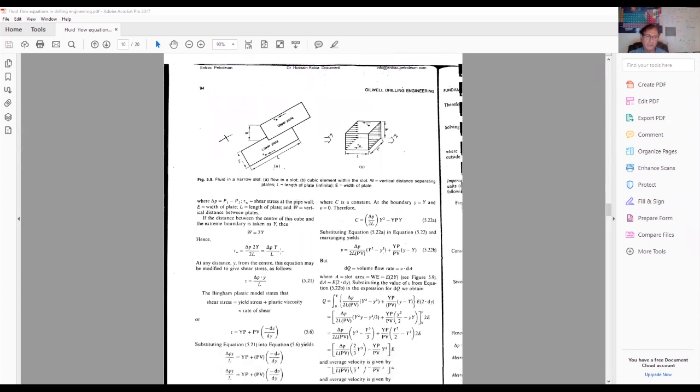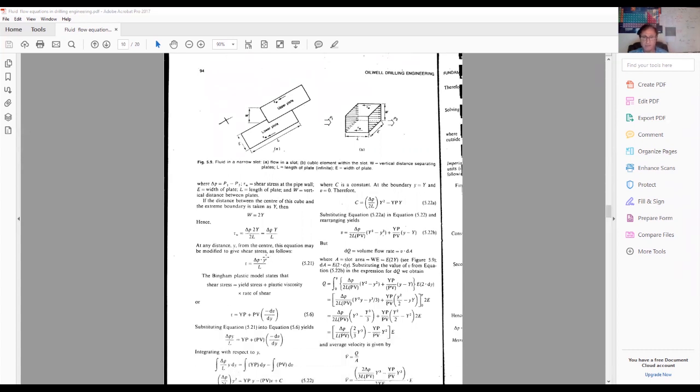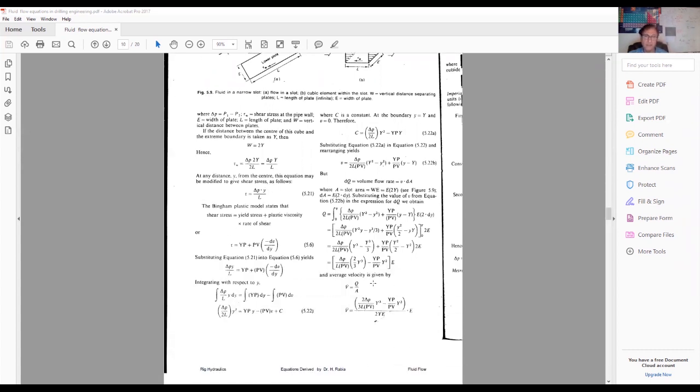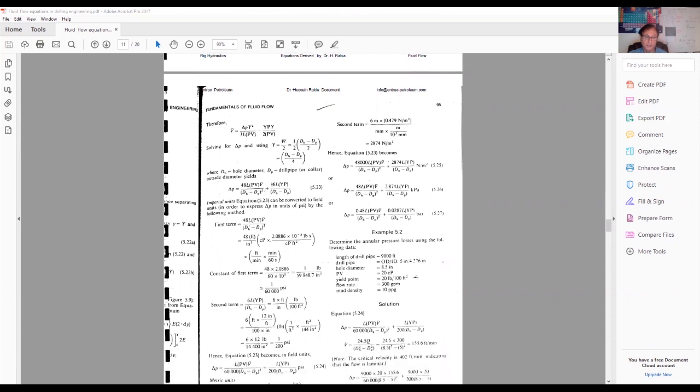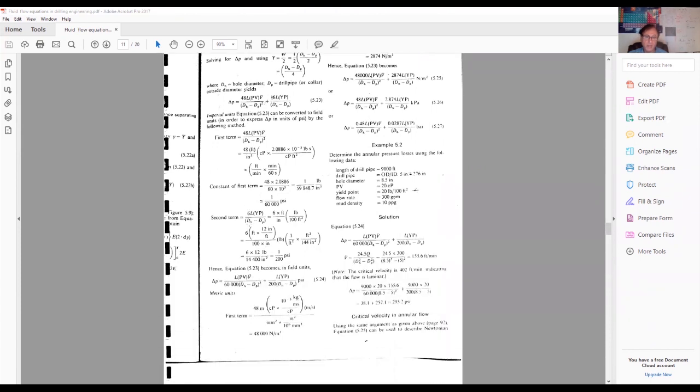And if you continue with the same method as before, with the derivation and a little bit of integration, eventually you come up with an equation like this. Very nice equation, but you need to convert it into a field unit, as we said before. And it looks horrible, but that's the one we use